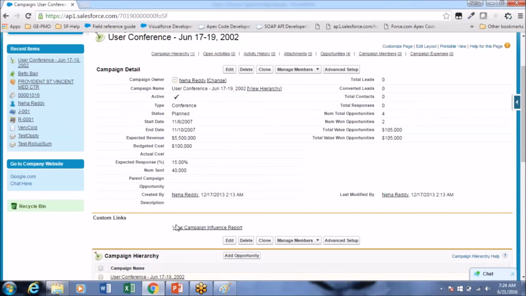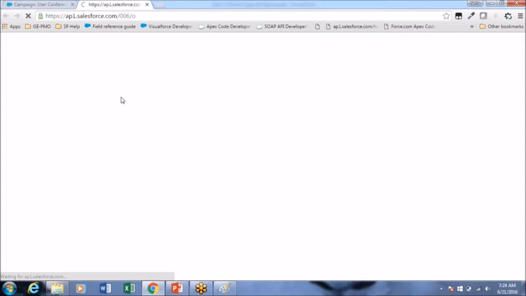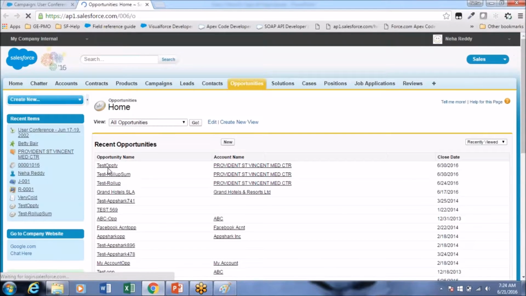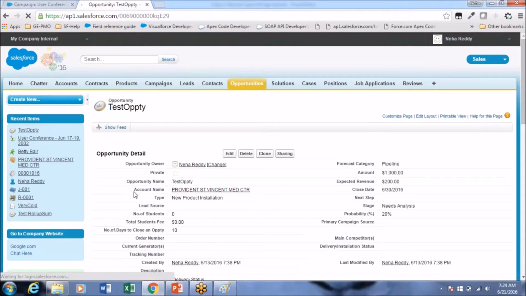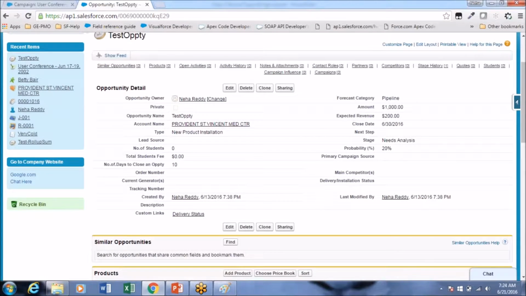For example, let's take an opportunity. What is an opportunity? An opportunity is a revenue generating event, right? So we store on the opportunity all the information related to the revenue. In the sense, we might store the credit card information of the customer. So when a sales rep logs in, we don't want to show those particular fields, the credit card number, expiry date and all.